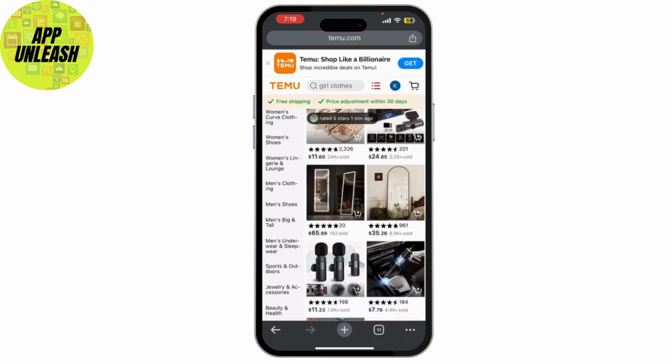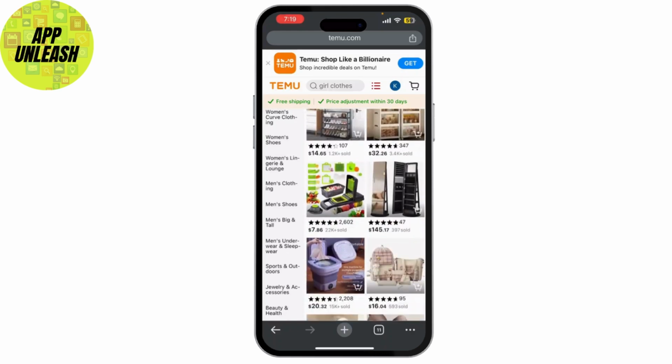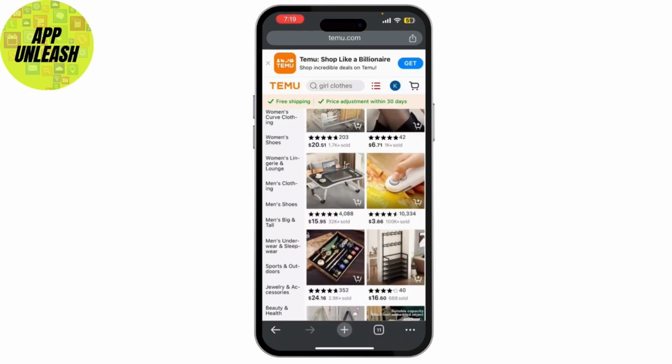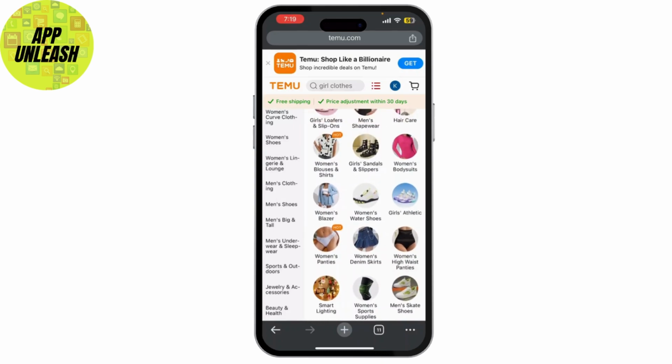Temu account. Now if you forgot your password, you can also tap on the forgot password link under the sign in fields. But if you have your Google or Apple or something like Facebook account linked, it will be much easier to log in, and that's how you sign in to your Temu